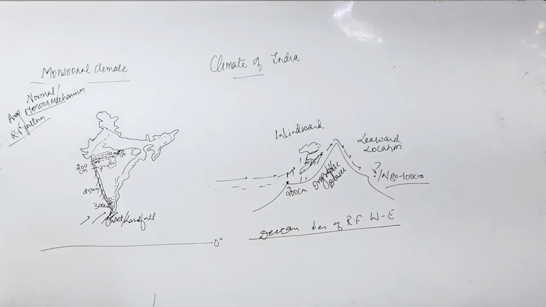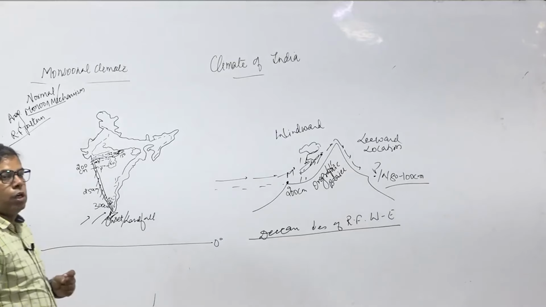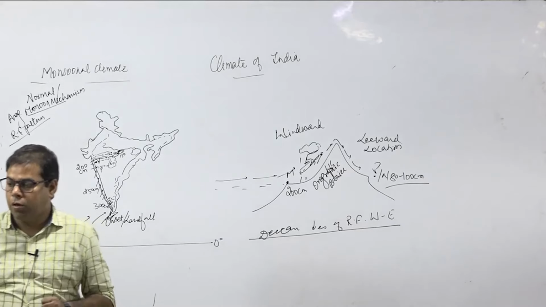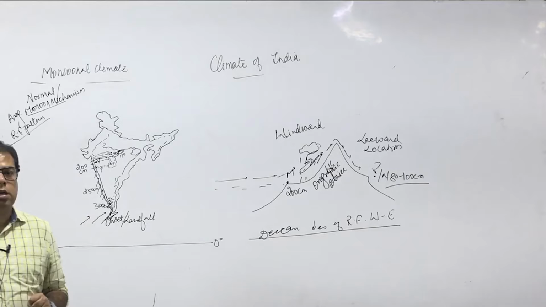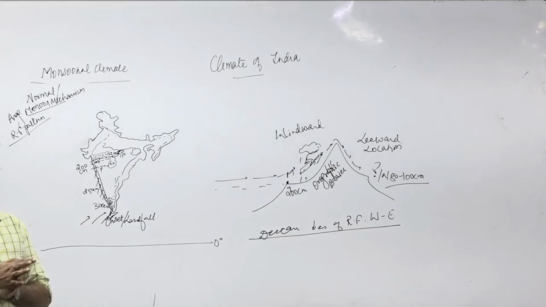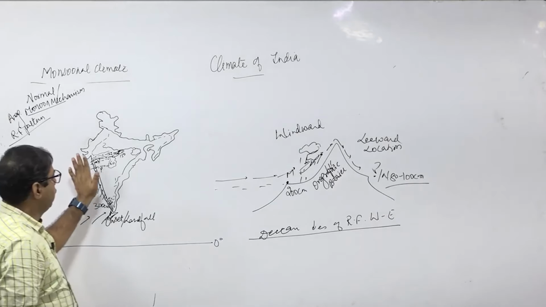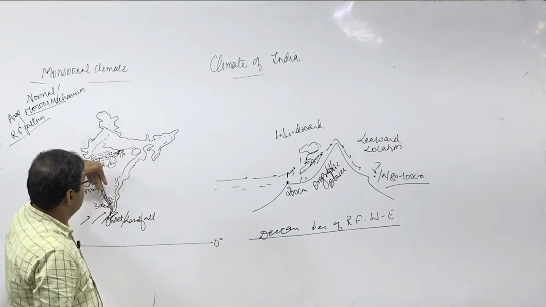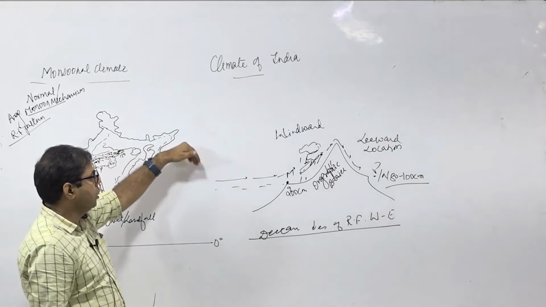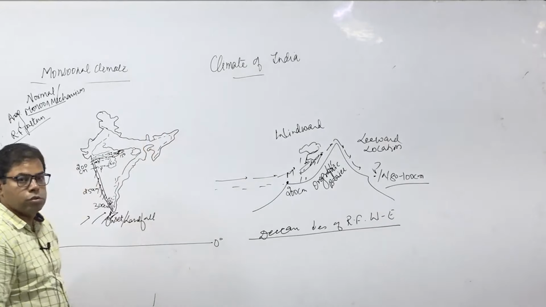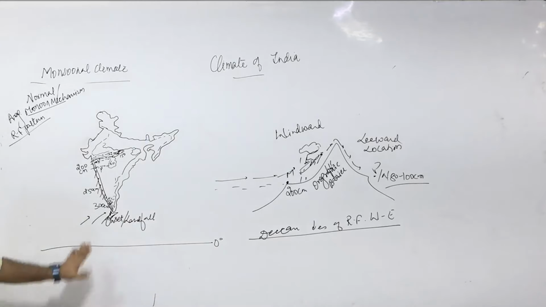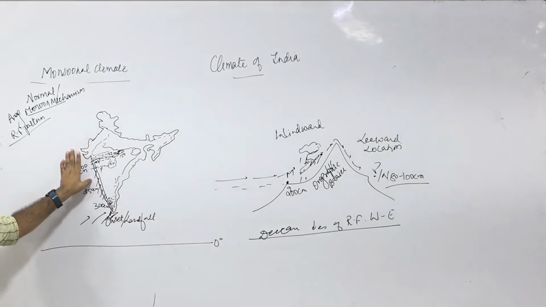So, Western Ghat is acting as an orographic barrier. Suppose there was no Western Ghat, what could have been the climate of India, or the Deccan Plateau, or the coastal areas? If there was no Western Ghat, then the whole wind would have travelled over the Deccan Plateau and entered East Asia and struck directly the northeast hills. There was no obstruction, right.